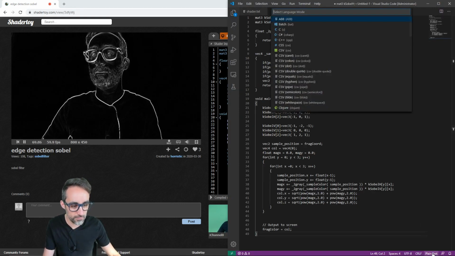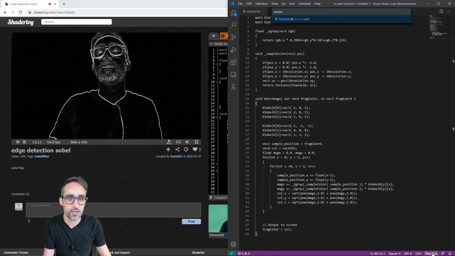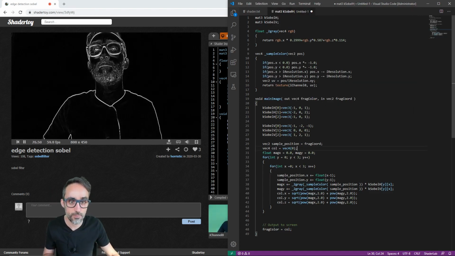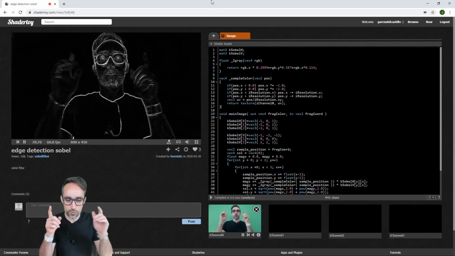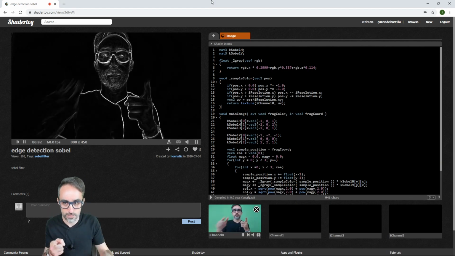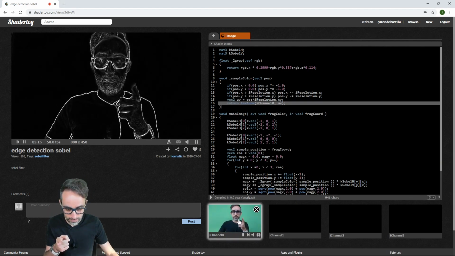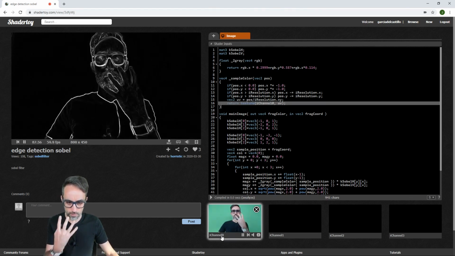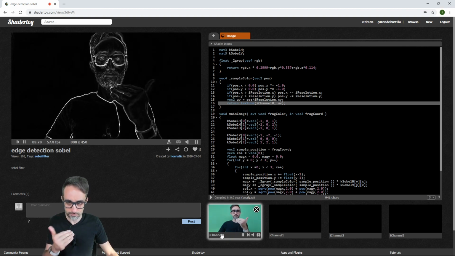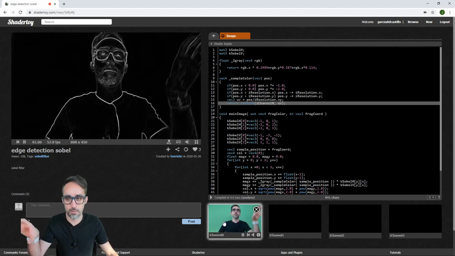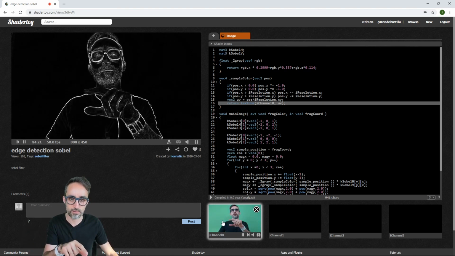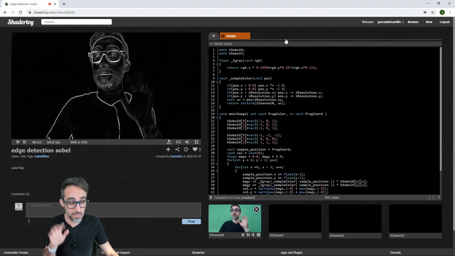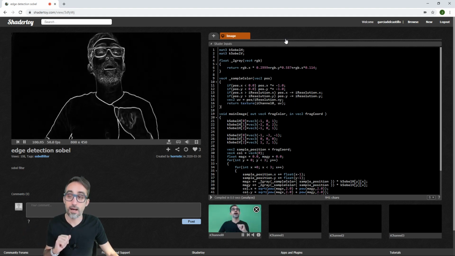Okay, and I'm going to give this a ShaderLab type so that I can get better syntax highlighting. What's good about this, and why I chose this filter, is because, as you can see here, it has an iChannel0 that is taking the webcam feed, which is exactly how the shaders in Memex work. So this is going to be a really good fit for porting to Memex. It also doesn't have any buffers,